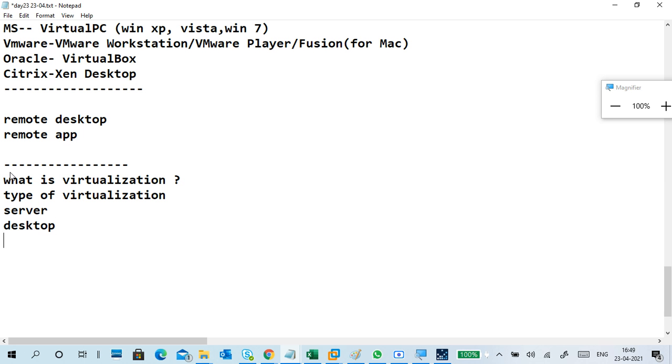Server virtualization, desktop virtualization, application virtualization, network virtualization, storage virtualization. These are important virtualizations. Of course, user environment virtualization, presentation virtualization. So many types of virtualizations are there, but generally if you type in Google, these things will come up. In my PPT, as per Microsoft, virtualizations are given.